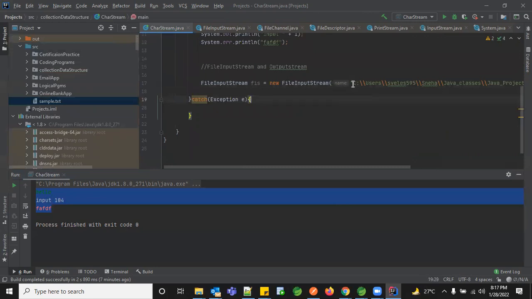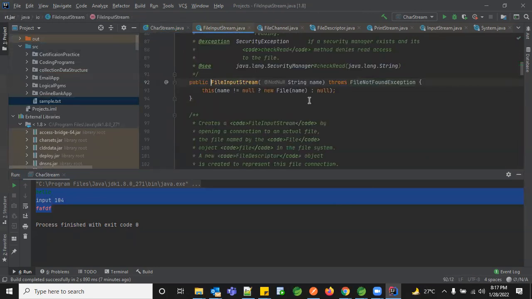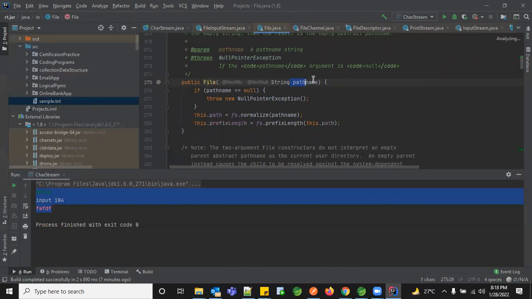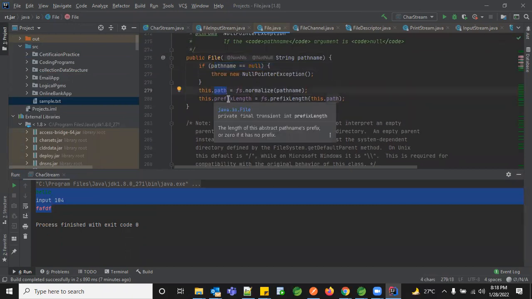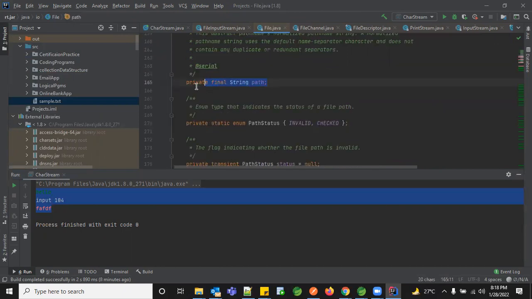So you can either pass it like this, or else in the FileInputStream, if you give any relevant name, it internally creates a new File object. Whatever file name you have given, it will create that particular one, and then check whether the path is null or not. If not, it will find the relevant details and give you the actual path and the length details. We use this path object, which is just a string path, to identify where the file is located.